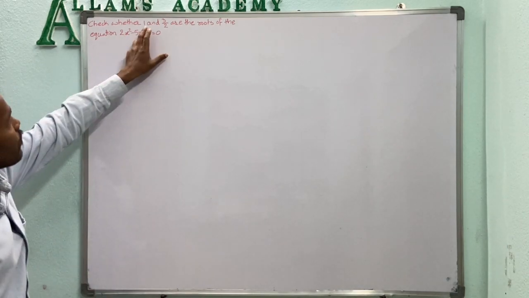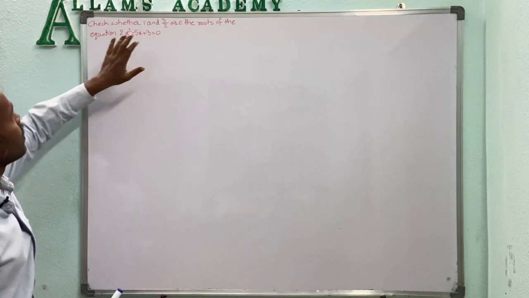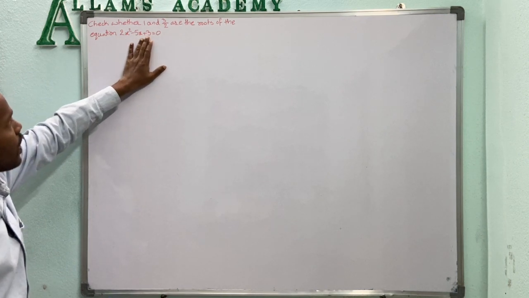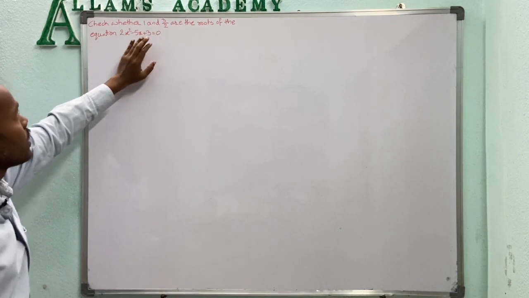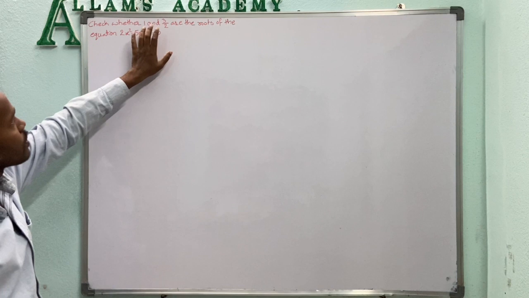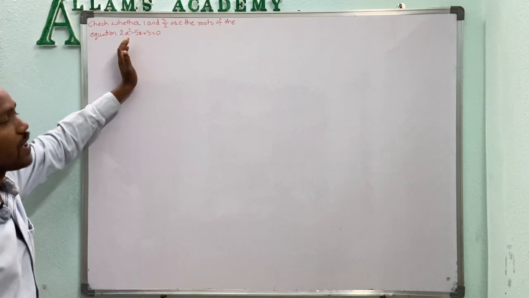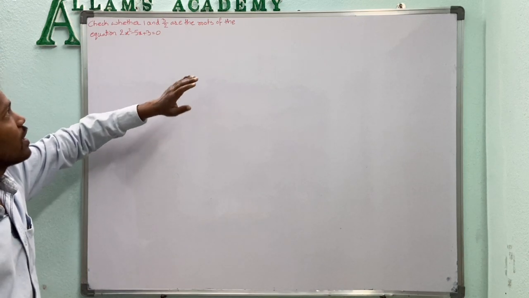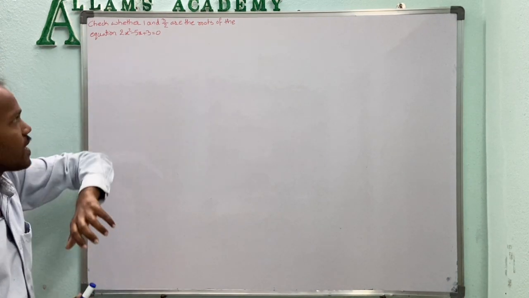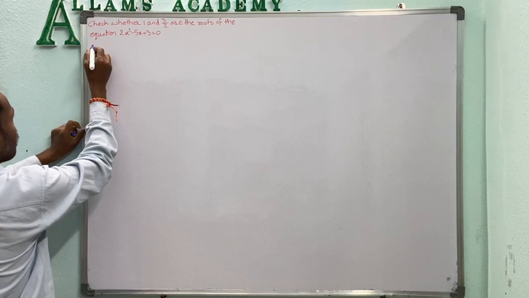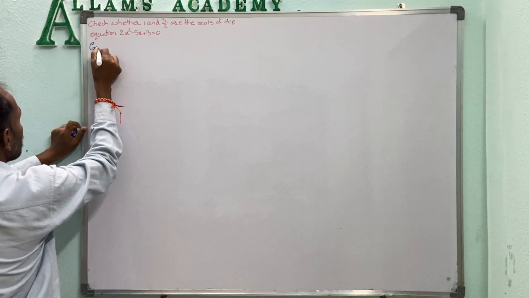Check whether 1 and 3 by 2 are the roots of the equation 2x square minus 5x plus 3 equal to 0. Given that, what we have to do? We have to substitute in the place of x the given 1 and 3 by 2. If we get the result is 0, then they are the roots, otherwise not. Okay, so the given equation